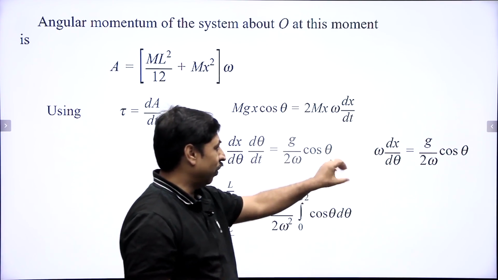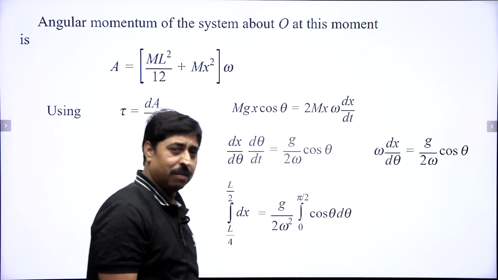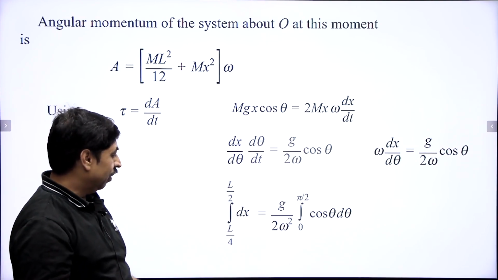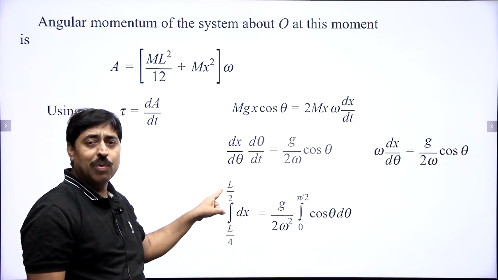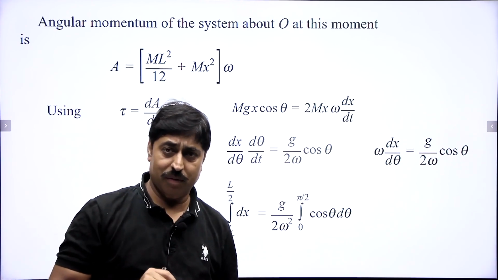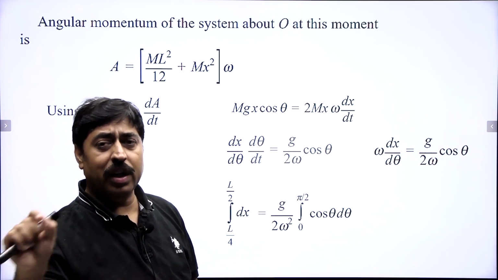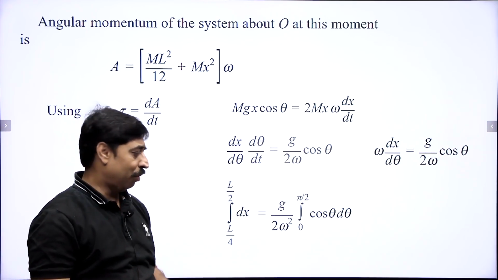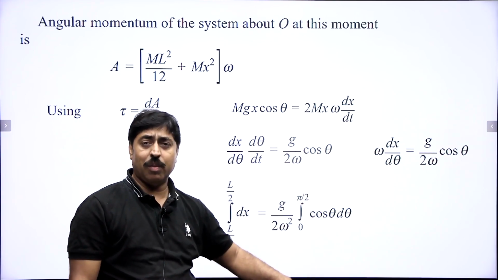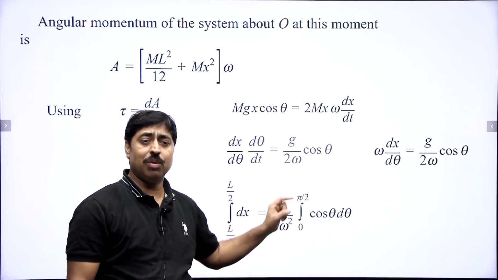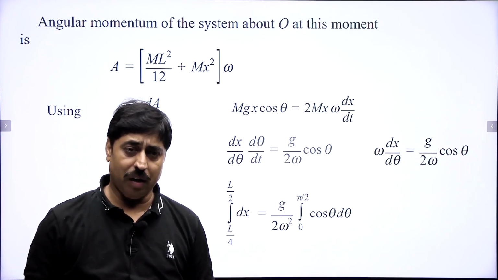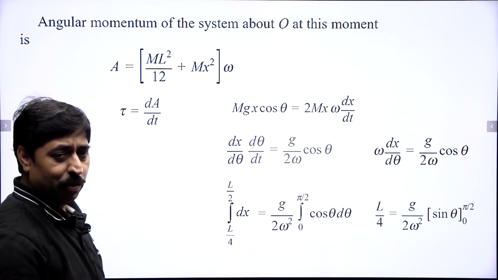In fact, take dx to one side and all the theta terms to the other side, and you just do the integration. As per the question, the value of x changes from L by 4 to L by 2. The insect is originally at a distance of L by 4 from the center point O, and finally it is at a distance of L by 2 from center point O. So x changes from L by 4 to L by 2, and in the same time interval, theta changes from 0 to 90 degrees, as the rod rotates through 90 degrees and becomes vertical, right? So just by doing this integration,